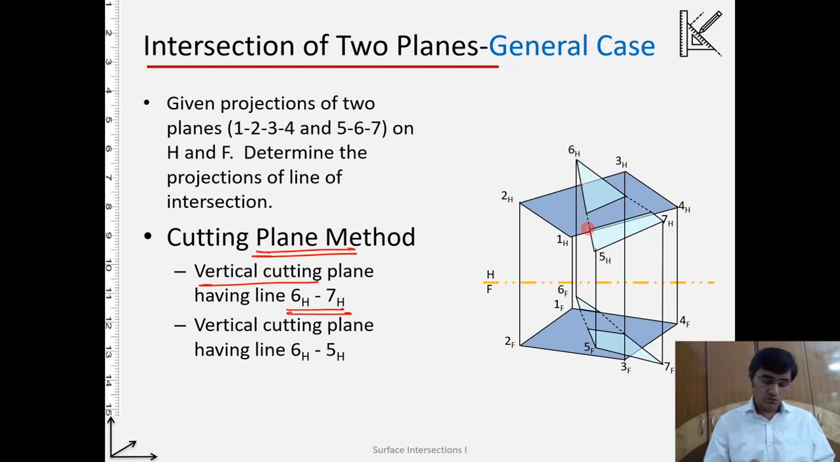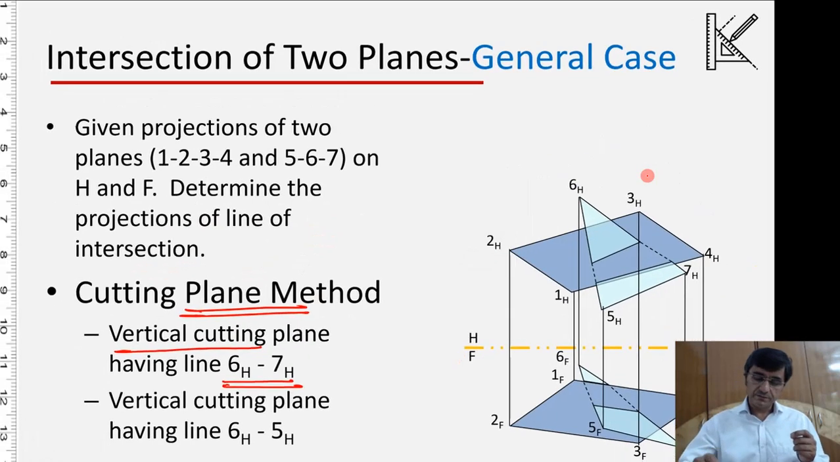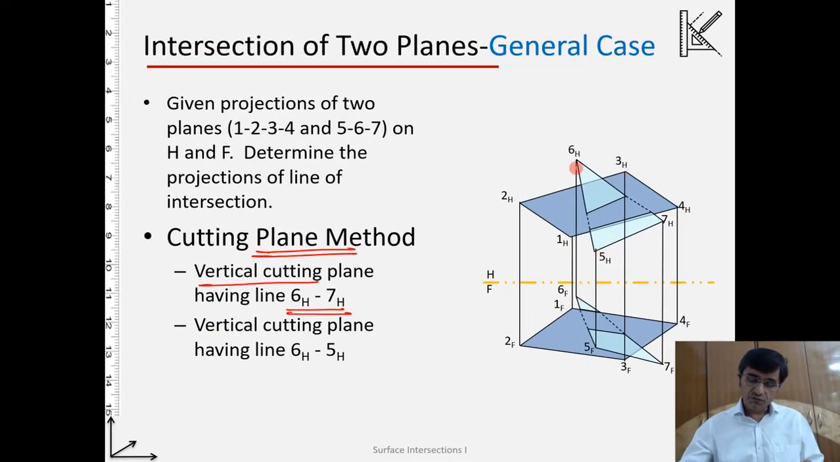Now with the help of this, because we have done a line and a plane, we can identify where the line is intersecting the plane with the help of the cutting plane method. We are doing the same thing here. Of course, in this case, it's not only a single line, because we have a plane. 5, 6, 7 is a plane. We are trying to identify its intersection with 1, 2, 3, 4. So we are identifying the intersection of line 5, 6 with the plane as well as 6, 7 with the plane,